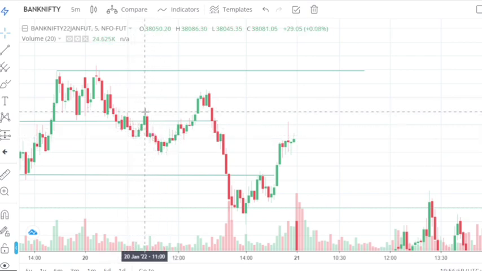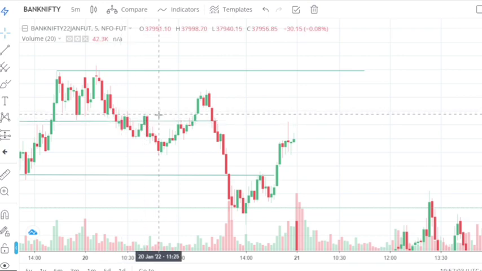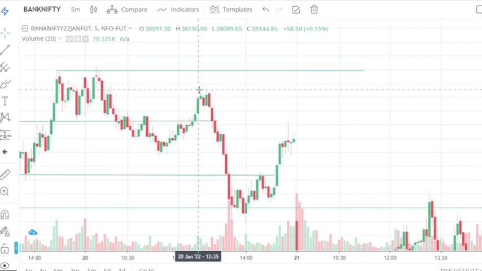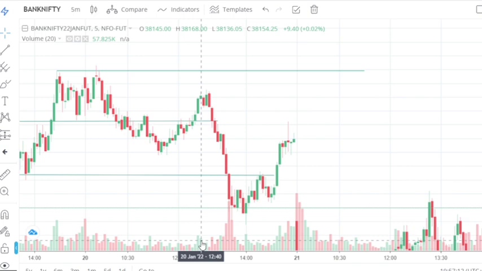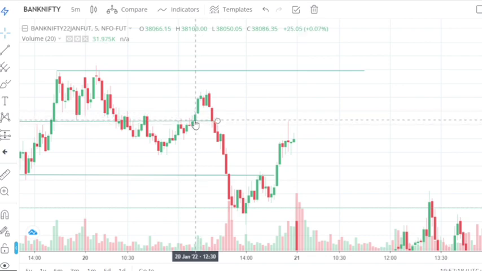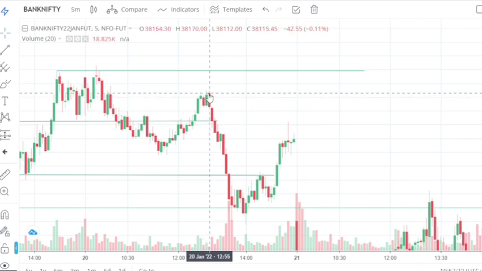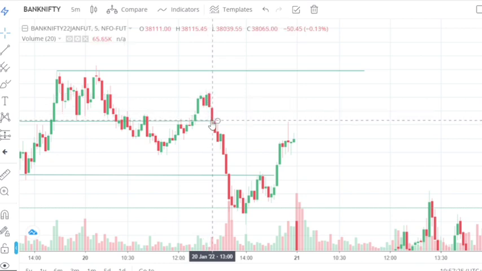Now this is also one support resistance point, because most of the time it is pending here. We have seen it is again taking a breakout at this level with a big volume, but in the next candle the volume is reduced. I will take an entry at this point, but I didn't find any good view here. Now again we are checking here, it is going down, and the volume candle has increased. So now I will take a